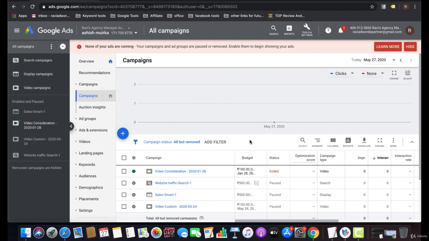Or you can add negative keywords for similar websites like Amazon or Flipkart, if your website is different from Amazon or Flipkart. Negative keywords are the most important part in cost cutting, in ad relevancy, and in improving CTR, and CTR also improves quality score.